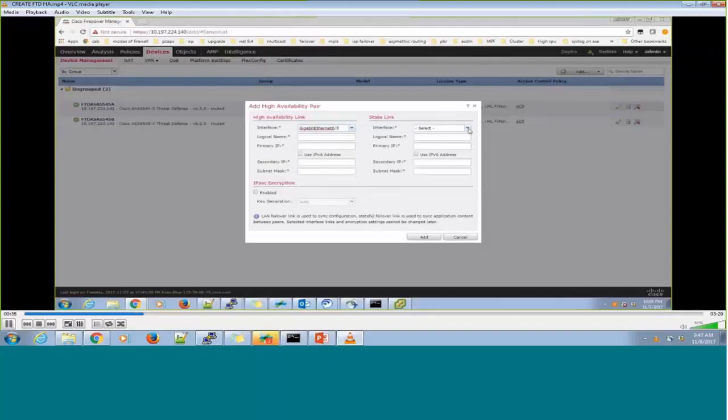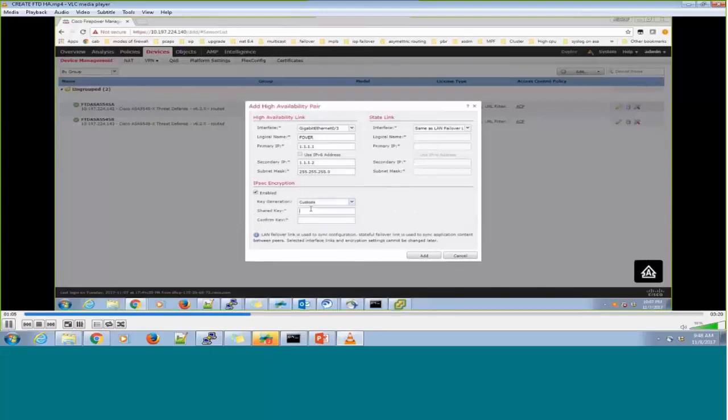to note here, that you can only change the bootstrap config while configuring the HA. Same is the case with ASAs. You cannot change the bootstrap config after the failover is working. So this is one point to be noted. So I'm using a custom key, Cisco 123, Cisco 123, and